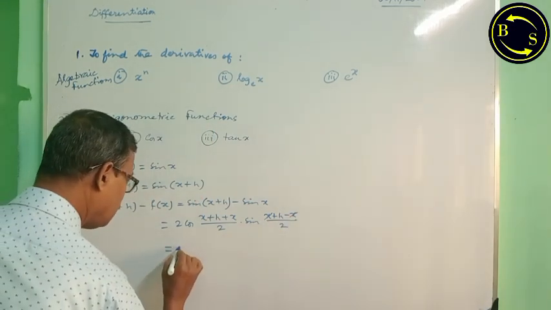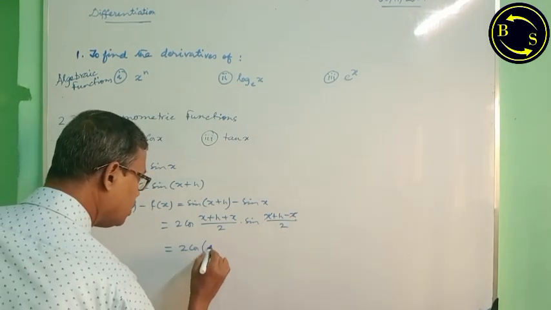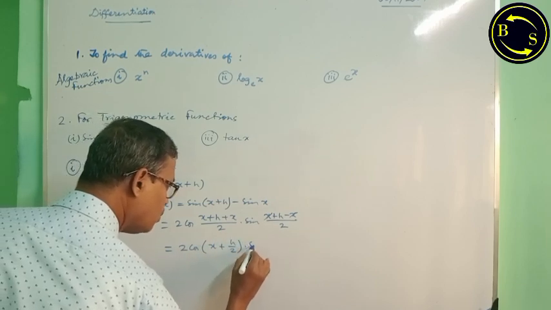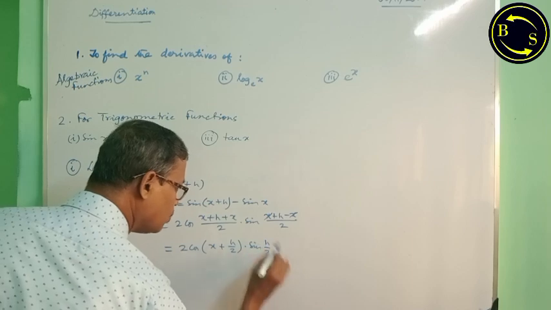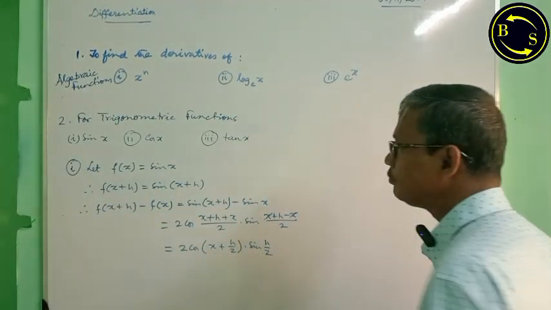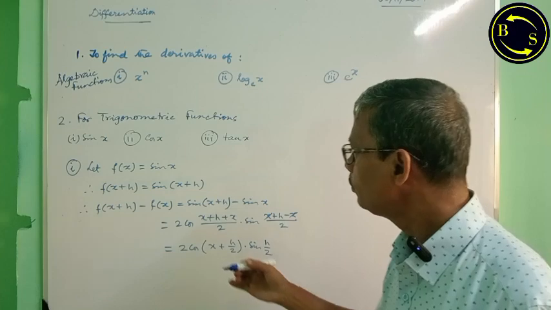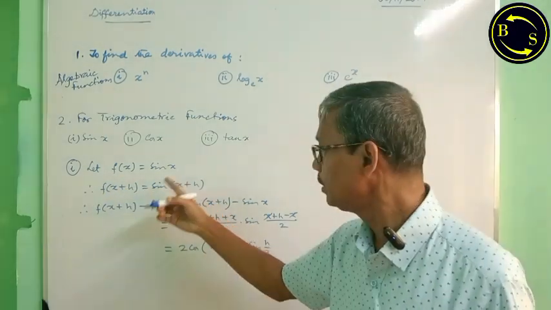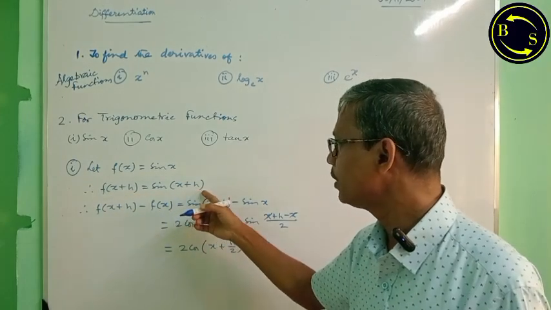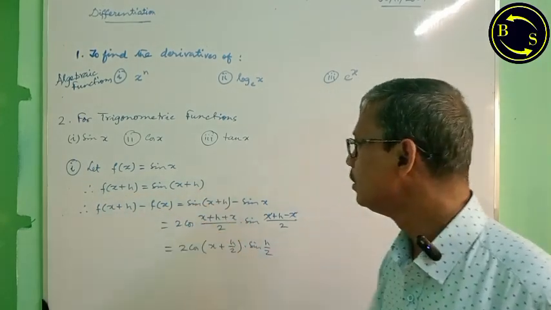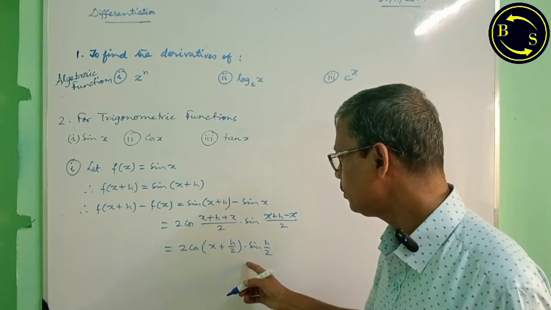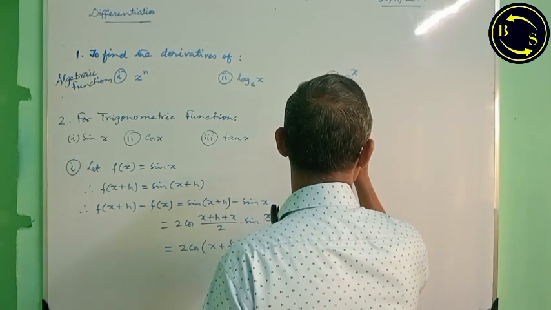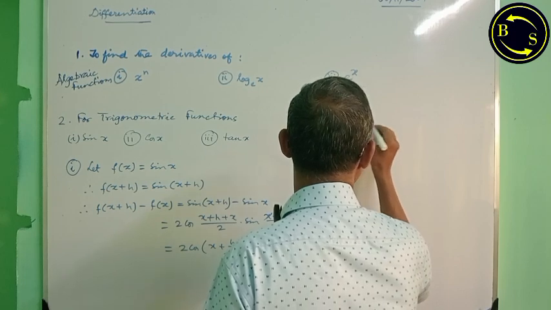After simplification, it will be 2 cos((x + h)/2) sin(h/2). Follow the mechanical way. First take f(x) equal to the given function, then f(x + h), sin(x + h), then calculate this part and get this simplified form. Now you write, therefore, by definition,